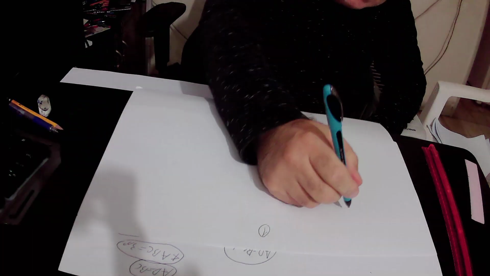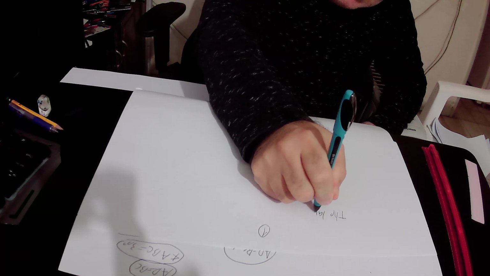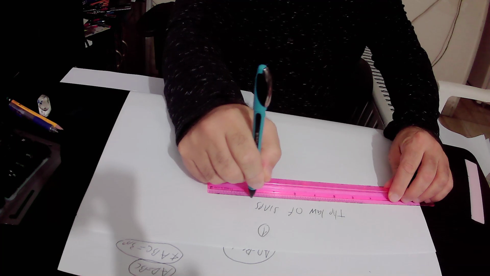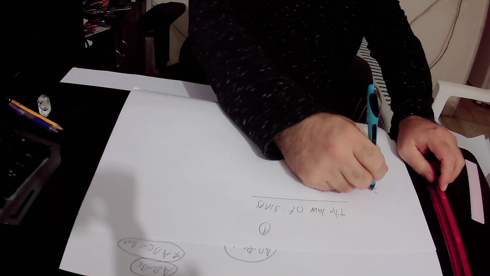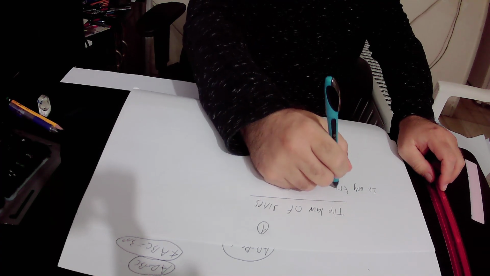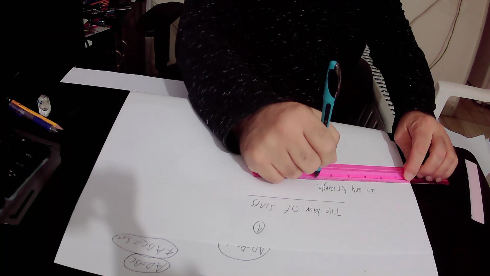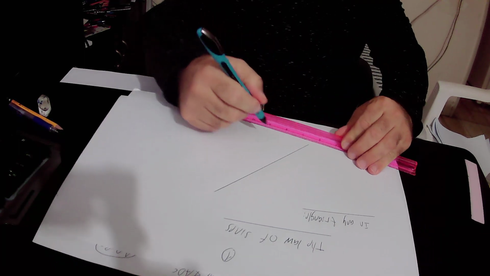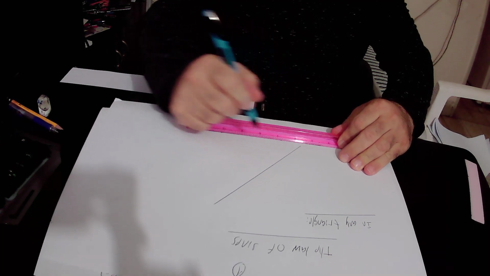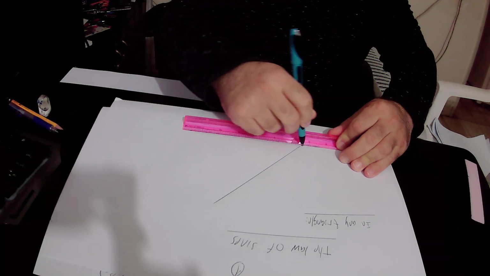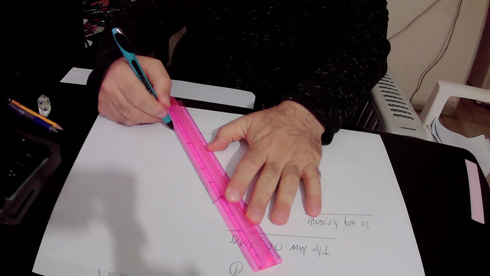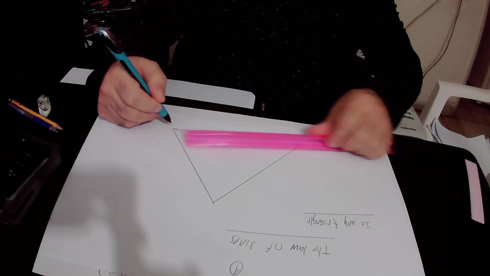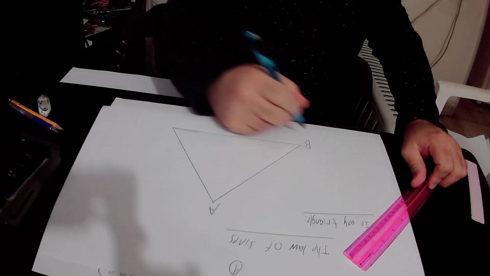According to the law of sines, which is true in any triangle, so if we have a triangle ABC that could be any triangle,